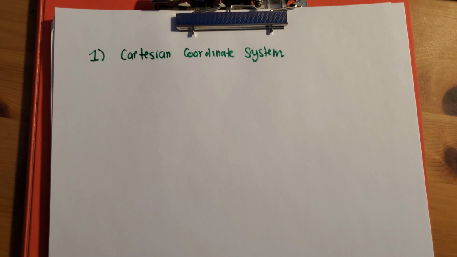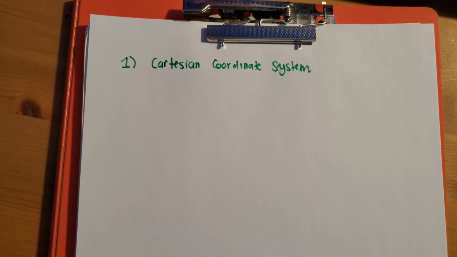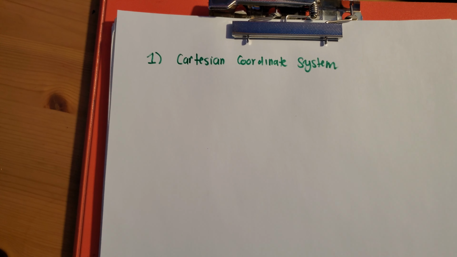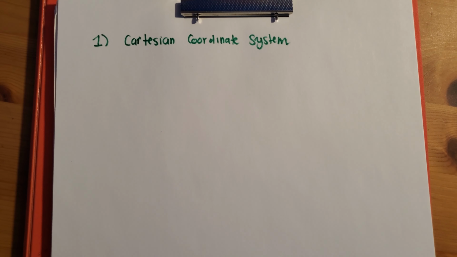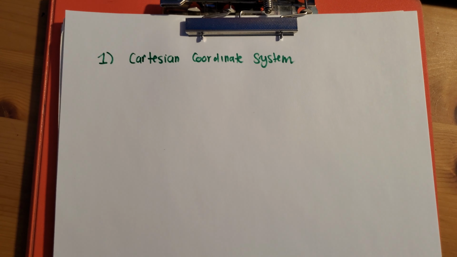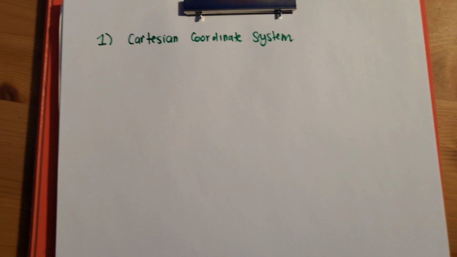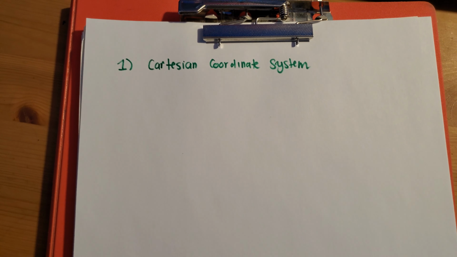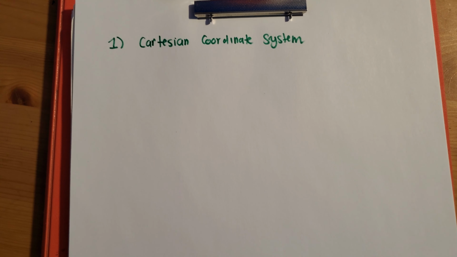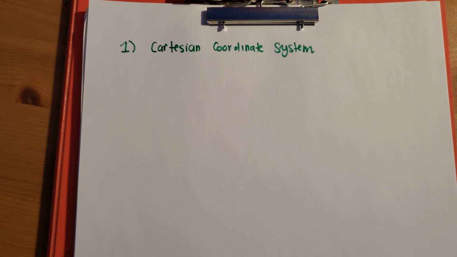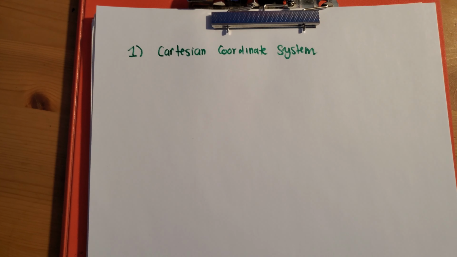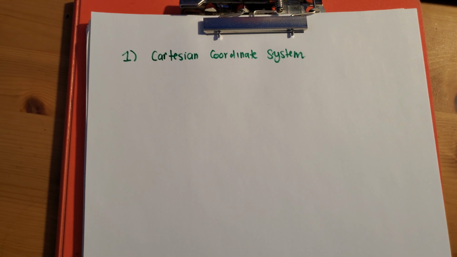Hello everyone. So this first lesson is going to be on Cartesian coordinate systems. It's going to be a very quick lesson, as most of my lessons will be. The lessons are math lessons, and they will mainly start to transition towards math lessons that are relevant to physics students. Now, these types of mathematics can also be used for other subjects, but as you will slowly find out through later tutorials